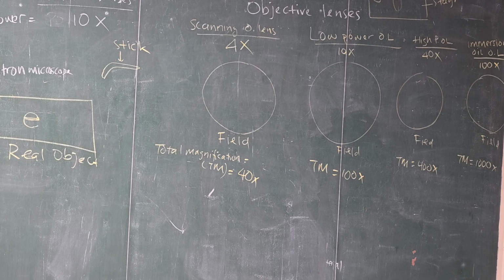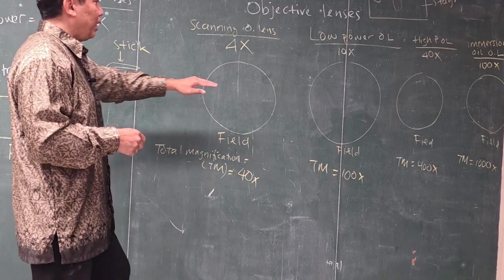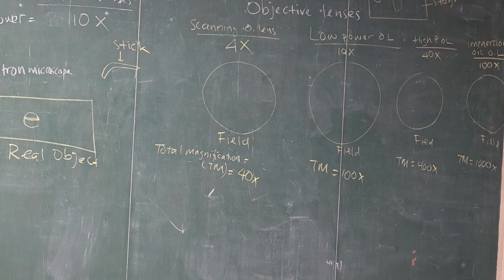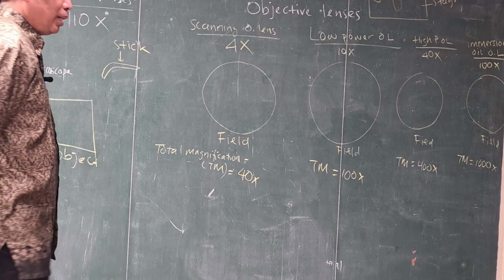This is very important because this is actually what happens with the microscope. The real object is a real letter E. Get it? Now put that and use the scanning lens. Try to find it. Focus it. Try to put that letter E in the middle. Don't change the slide when you see it's not letter E. Okay? Don't change the slide. Put that in the middle of the field.